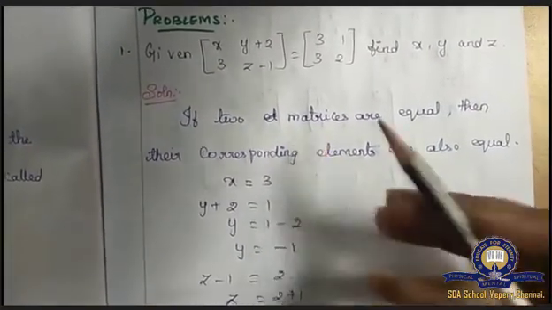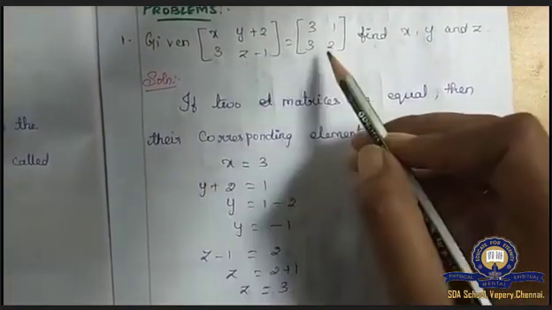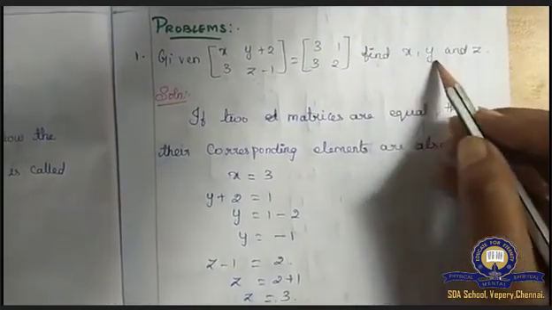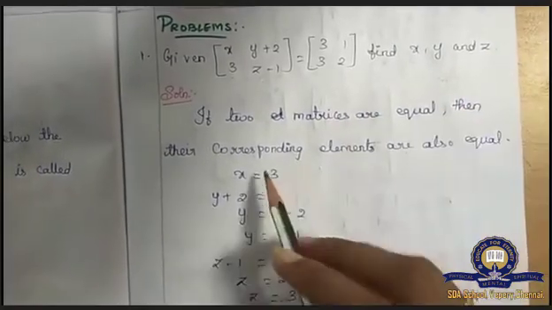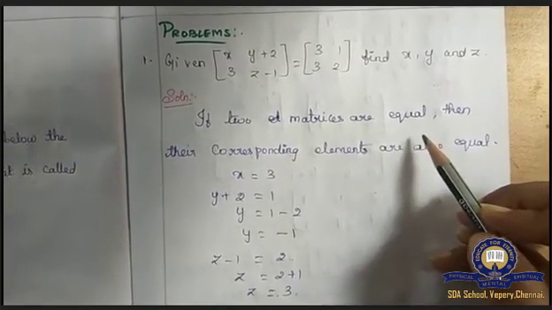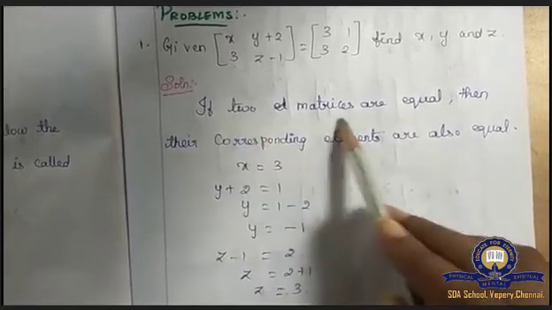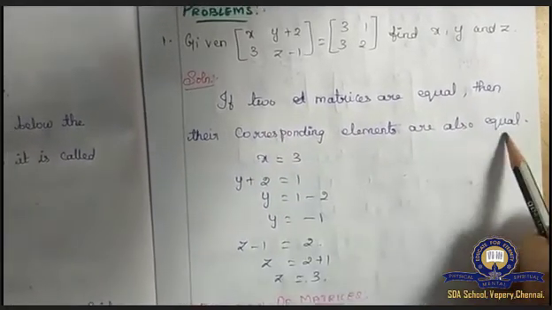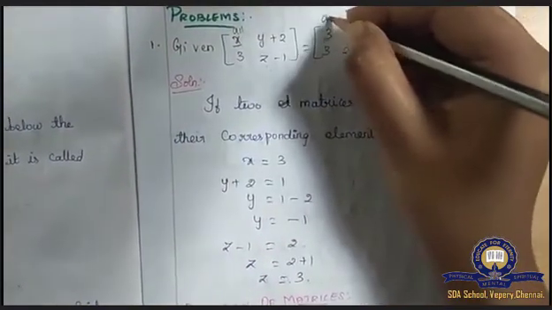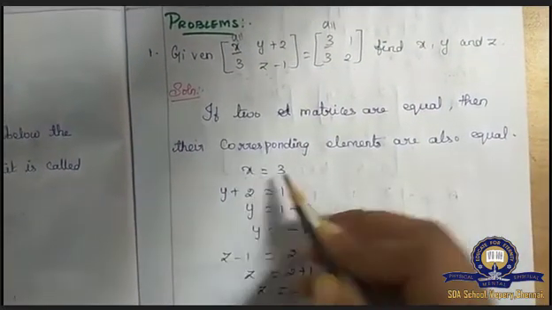Now children, just listen. If they have given two equal matrices, this is one matrix and this is another matrix, and these matrices are equal, then we have to find x, y and z. Already we have seen what an equal matrix is. If any two matrices are equal, what do we mean by this? Each element and the order should also be the same, am I right? So if two matrices are equal, then the corresponding elements are also equal. So can I equate these two? This is in the place of A11, and this is also in the place of A11. So can I equate this? What will happen? x is equal to 3.